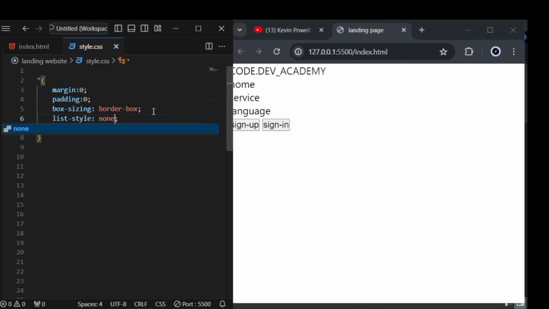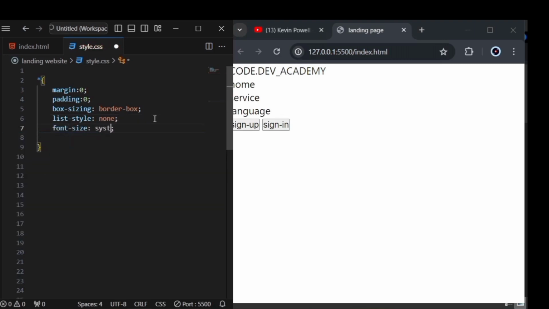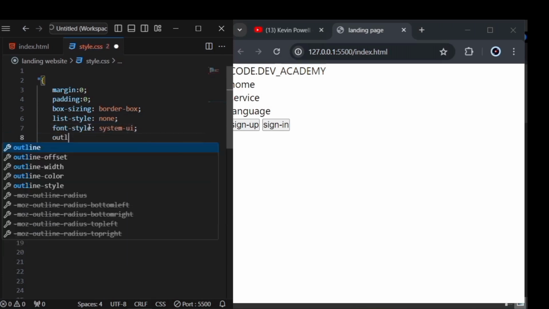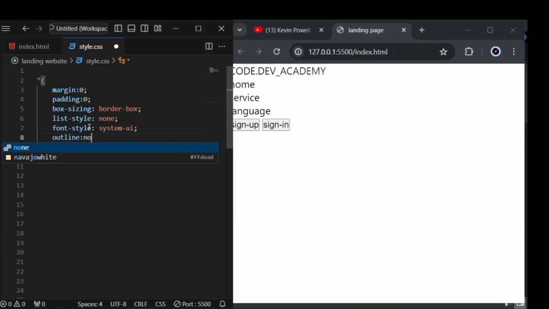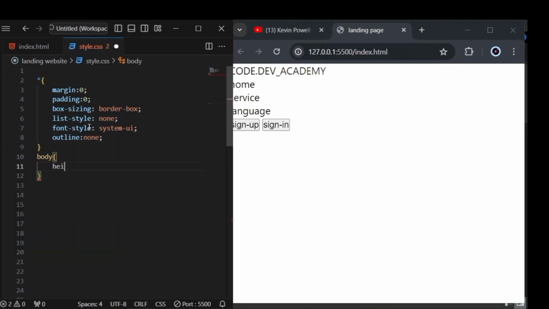Now I'm having this. So apart from that, I'm going to make my font style to be system UI. So after having the font style, I'm going to set outline to be none, and I believe that's all. So what I'm going to target now is the body, which I'm going to give it a width of 100 VH. I'm going to give it a height of 100 VH,